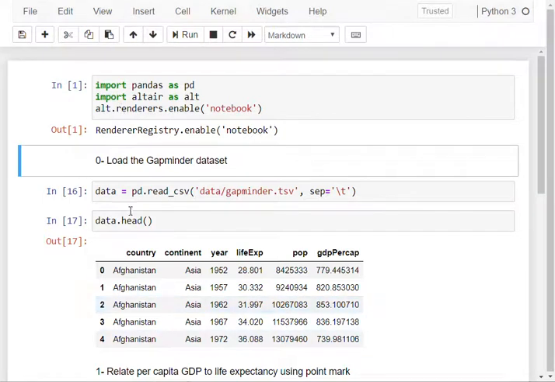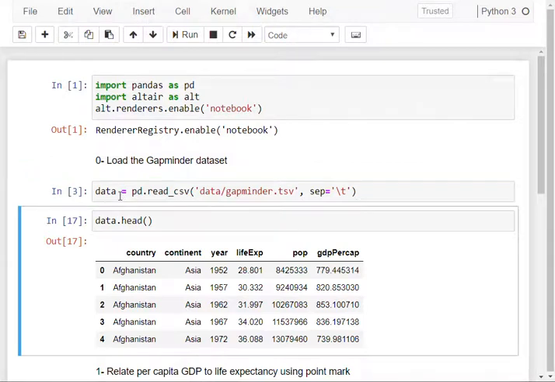Welcome to this video. We will do some practice using the Altair package to create visualizations in Python. First, we need to import the package as well as pandas, and we need to enable the renderer to be notebook. The next step is to load the data, and in this exercise we're going to